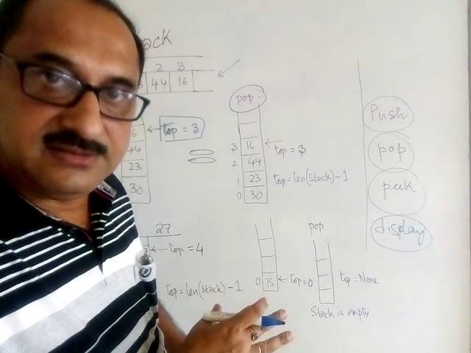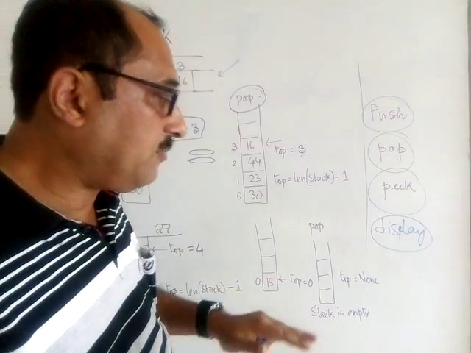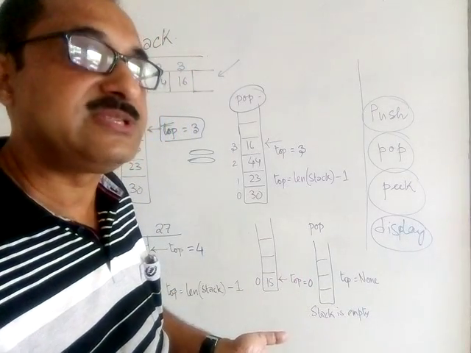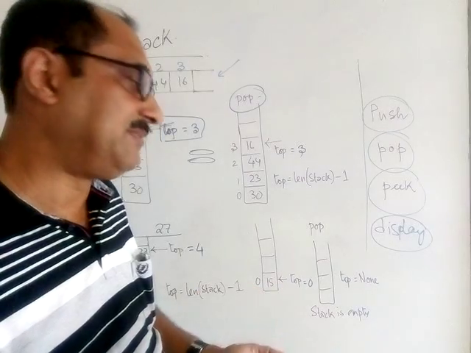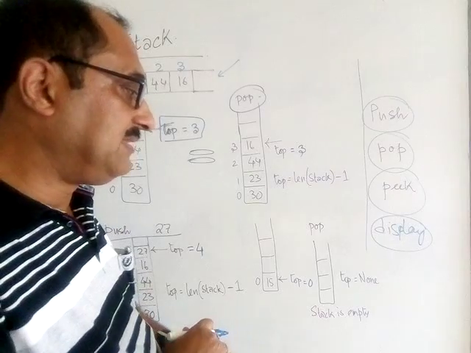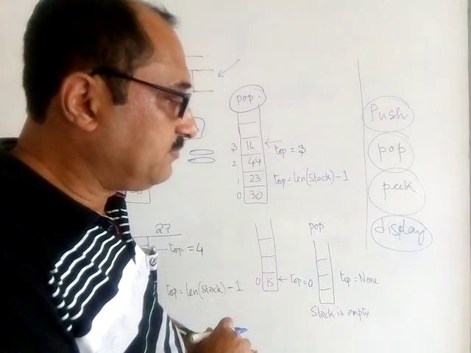There will be nothing in it. So I can say that the top becomes meaningless in that case, because where will the top go? Top was supposed to signify the position of the last element. There is no element at all, so where will top go? At this stage, remember this, traditionally what happens, top is